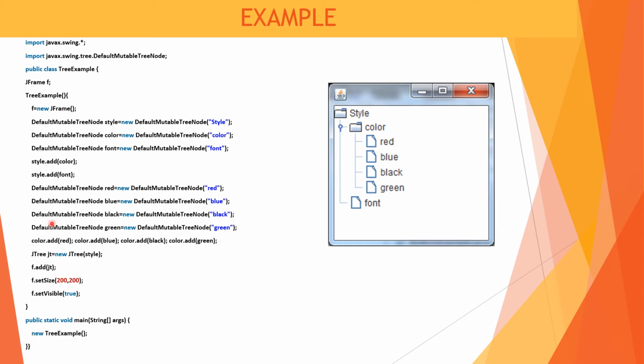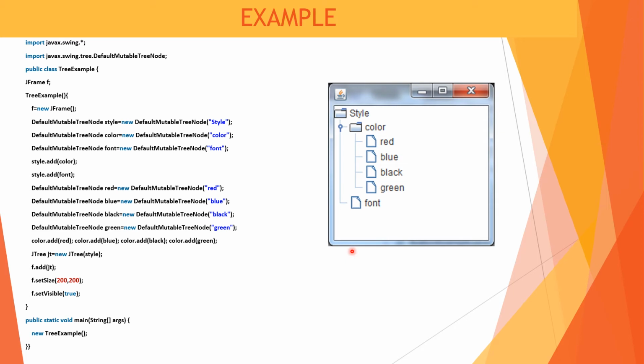And this whole class is called here in the main program, that is new TreeExample. At the right hand side we have displayed one Java frame. It will contain the tree structure diagram of our application.